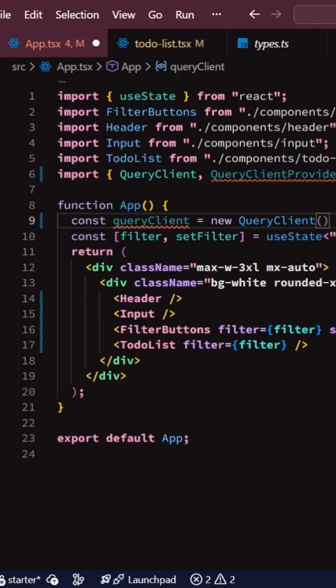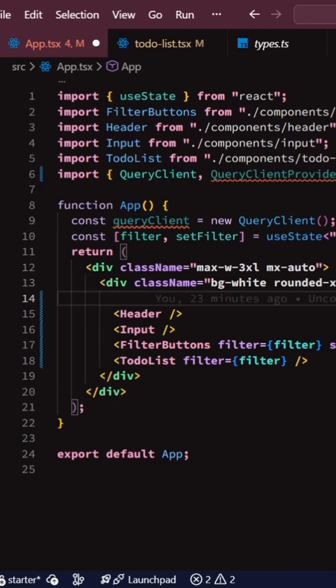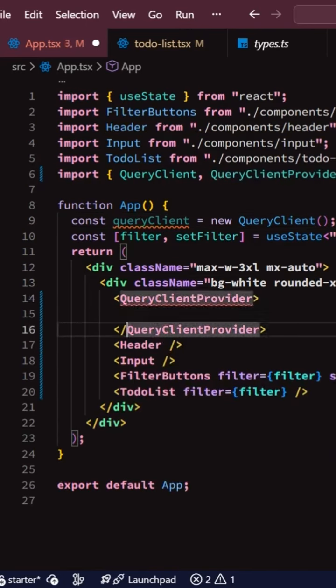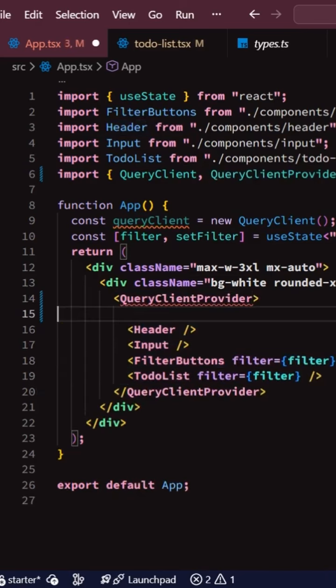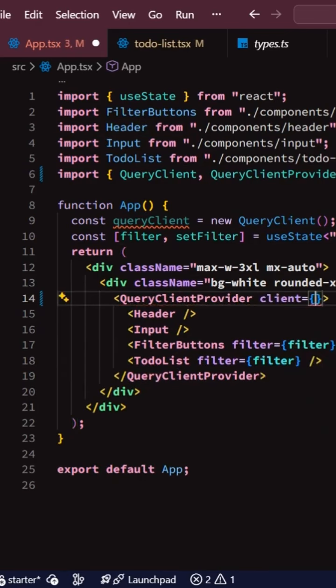We'll also have to pass this object to the QueryClientProvider. We need to wrap our entire application with the QueryClientProvider. The QueryClientProvider provides a query client to the rest of our application component tree via React context. I will set the client prop to be equal to the queryClient object, and I will head back to